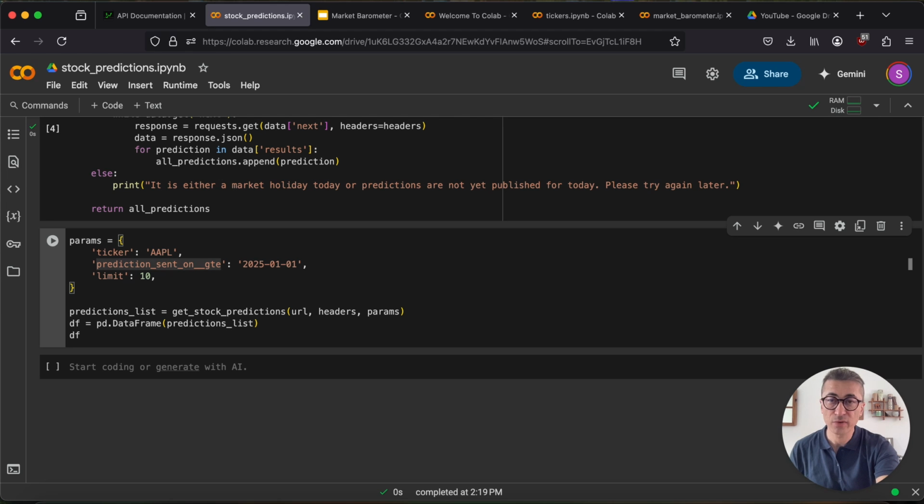And prediction sent on date is going to be set to 2025-01-01. This is the 1st of January 2025. But wait a second, the markets are going to be closed on this day. It doesn't matter. We are also adding the suffix here, __gte, meaning greater than or equal to what? This given prediction sent on date. In other words, we want to get the predictions for this particular ticker starting from the 1st of January 2025 and onwards until today. And we are limiting the number of predictions that we get in each request to 10,